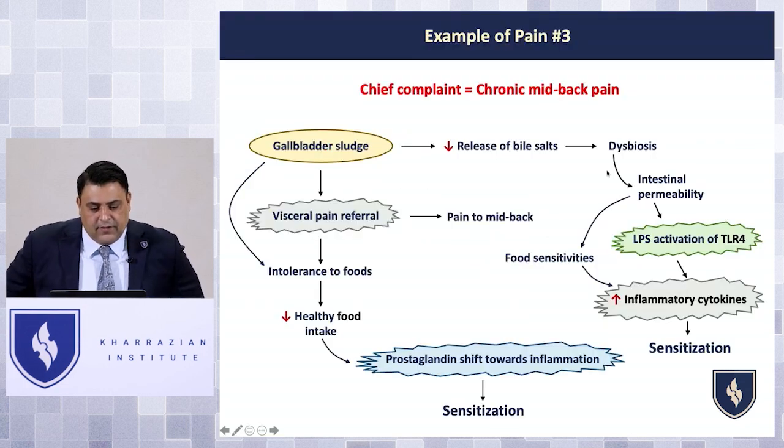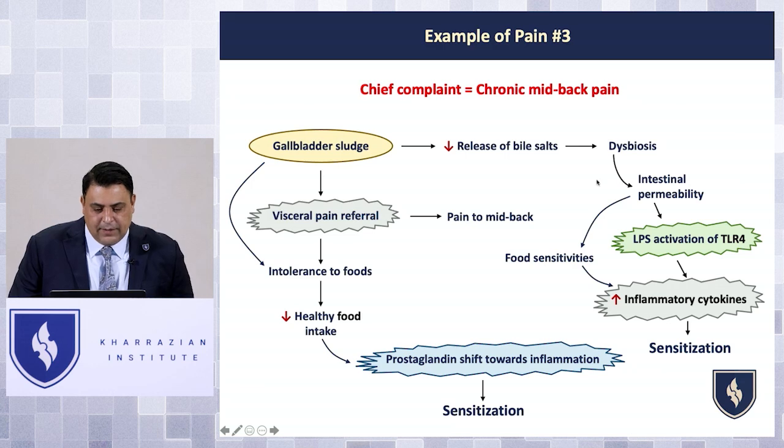Okay, example number 3. So let's say someone complains of chronic mid-back pain. And then really what you find is that they have some gallbladder sludge, pre-gallstones. They get visceral referred pain, especially when they eat fats. And they have some intolerance to foods. In addition to that, they have decreased intake of healthy foods. They start to have lots of prostaglandin shifts. So now they have prostaglandins amplifying their pain. And because of the gallbladder sludge, they're not able to release bile salts. Remember, bile salts are critical for activating